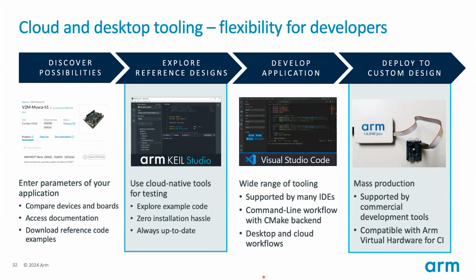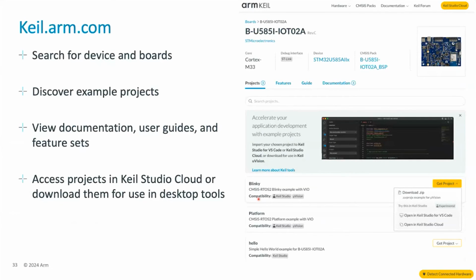How do we achieve that? We have, as I said, keil.arm.com. You have a search service for devices and boards. You can discover the various example projects. We have a tab here for projects, and then you can directly download them onto your computer, or you can open them in Keil Studio Cloud or whatnot. We have links to documentation, user guides, and feature sets. So this is a one-stop service